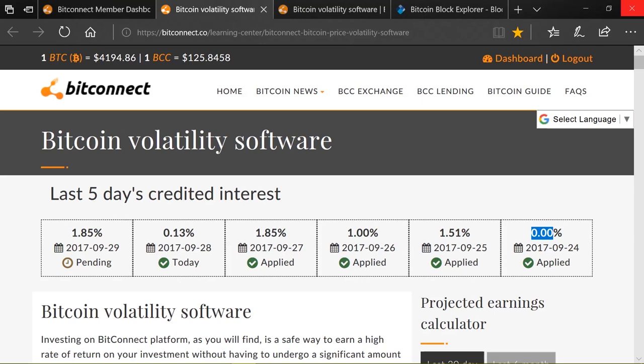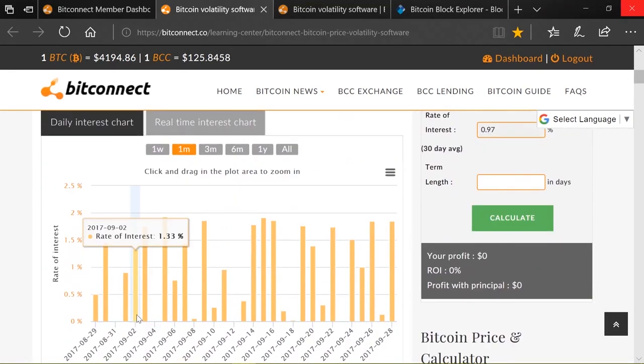So if you look at the volatility software, you can see here's the daily interest chart. These are the figures that have been historically given on the dates listed below. 1.44%, 1.86%, 1.91%. So that is daily on your balance, on everything that you've invested. So every time you reinvest, you get that consolidated interest every single day, that compounding. And that's where the magic of the system works. Because 5 days of these kind of rates, and you wouldn't make that in your own bank.